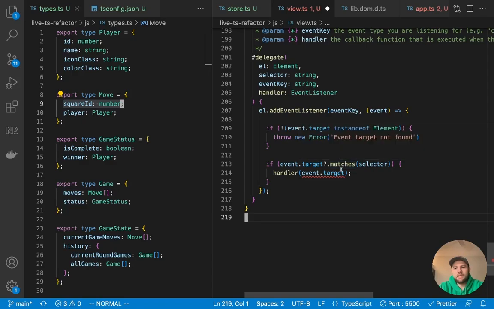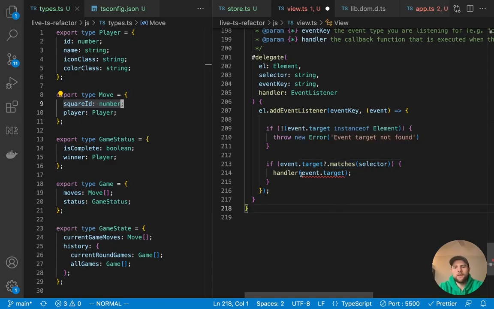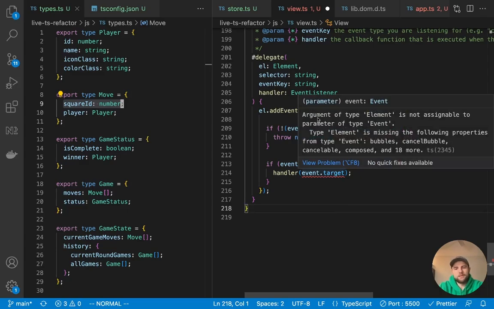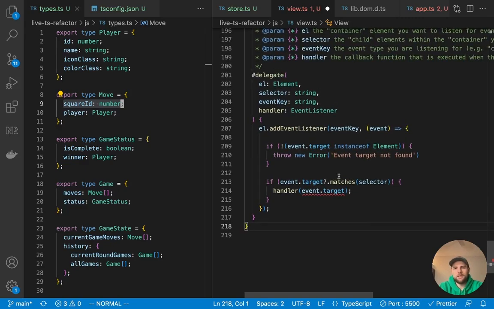The matches function now does not complain about anything. Now in the handler, it says argument of type element is not assignable to parameter of type event. And that is actually because I typed this incorrectly. In this handler, we're actually passing the element itself.